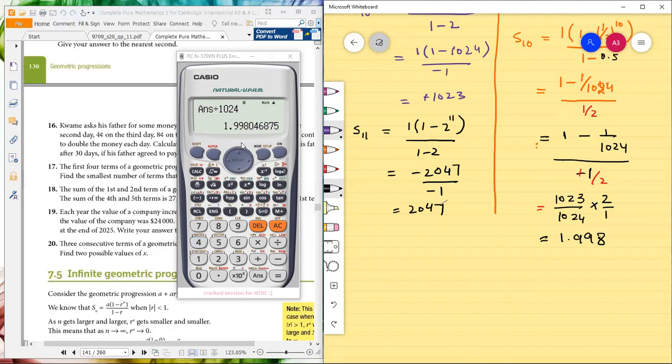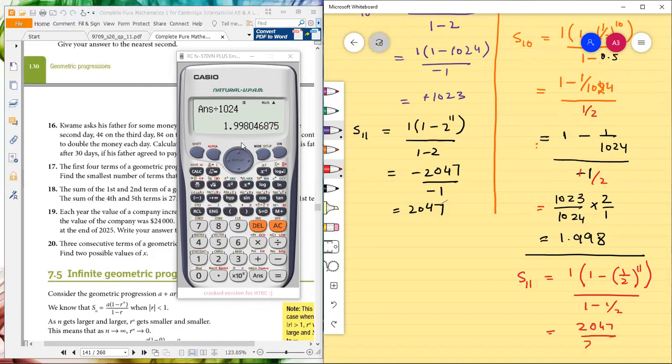Now we are going to calculate the sum of 11 terms for this convergent sequence. So S11 would be, I will write it directly, 1 minus 1 by 2 power 11, divided by 1 minus 1 by 2. So for this, it would be 2048 minus 1, which is 2047,